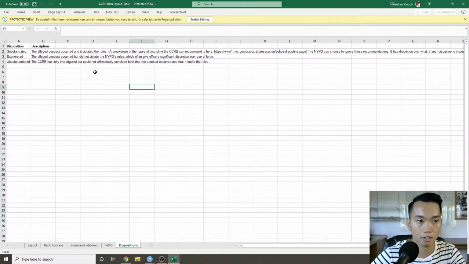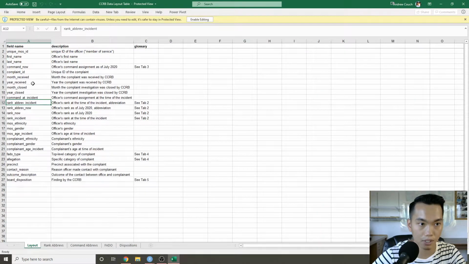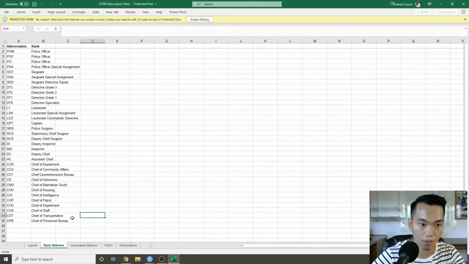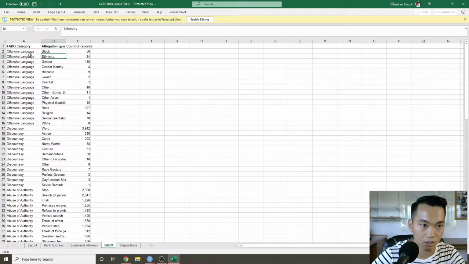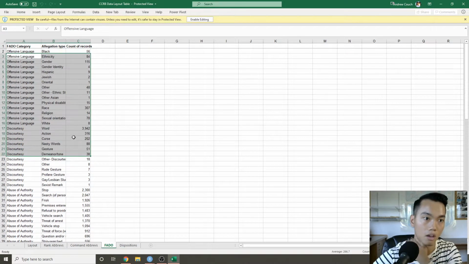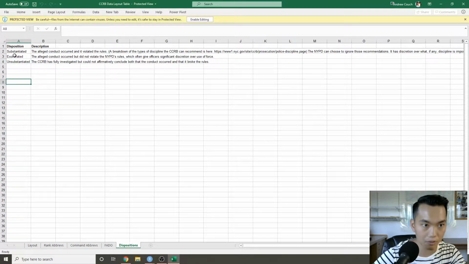So we have the layout, which is a little data dictionary. We have some abbreviations of the explanations, command abbreviations, FADO, which is what the officers are being accused of, and we also have dispositions,